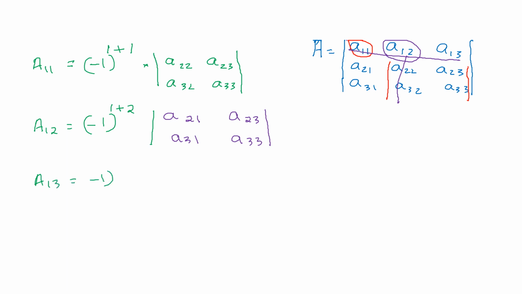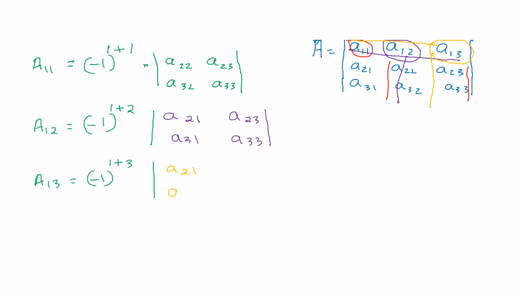A13 is minus 1 to the power 1 plus 3 into minor of A13. Now you see minor of A13. Let me use another color for reference. Now you have here A13. A13 is here. Now you have to exclude that row and this column. So what is remaining here is A13. This is